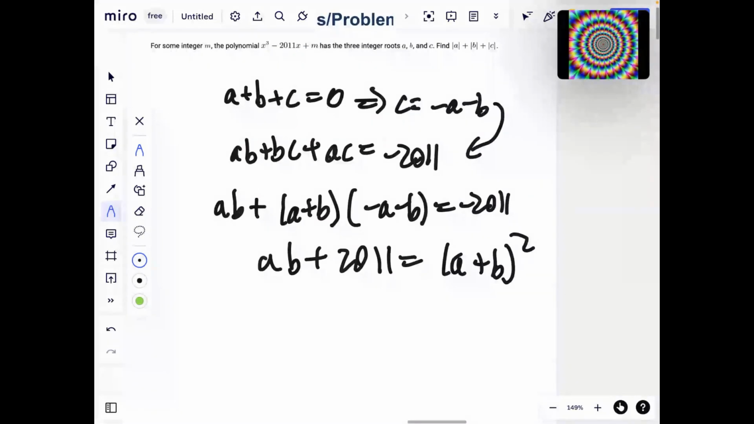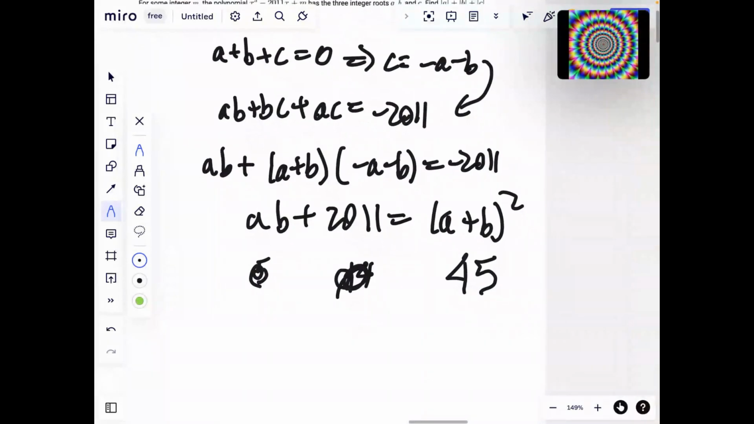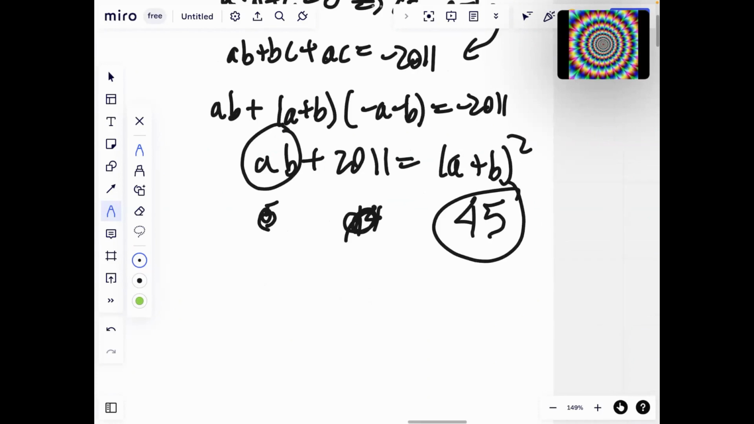So the smallest square greater than 2011 is 2025, which is just 45 squared. And so if it's 2025, when we subtract 2011, we get 14. And for this, we have 5 and 9. Wait, no, sorry. So there's no integers that have a sum of 45 and a product of 14. So this doesn't work. If it's 46 squared,